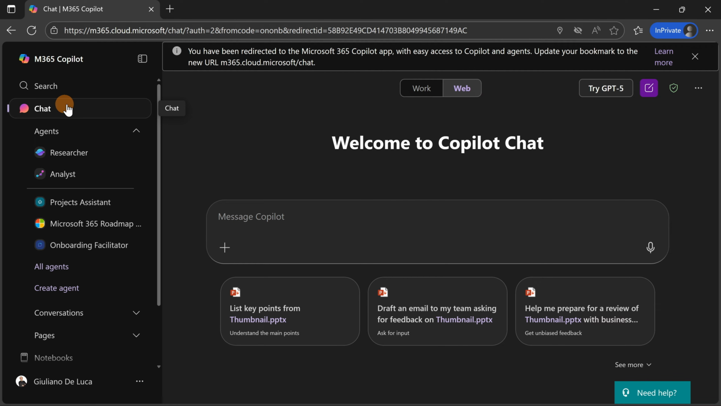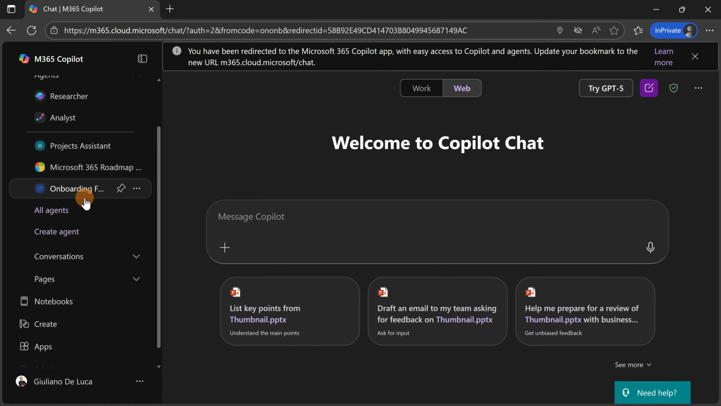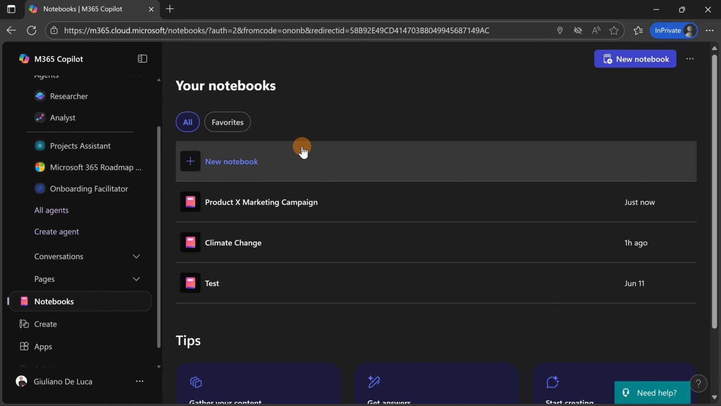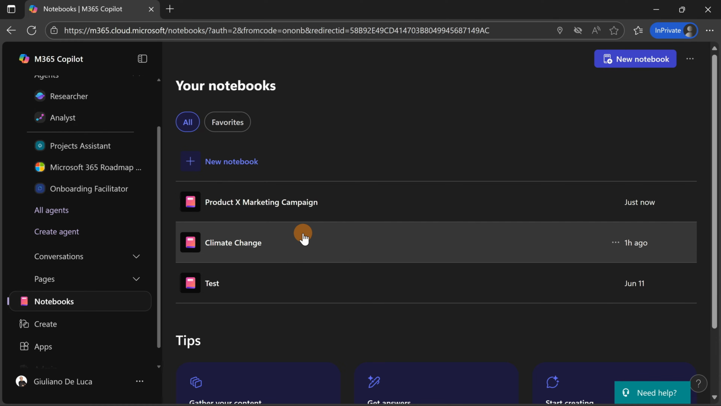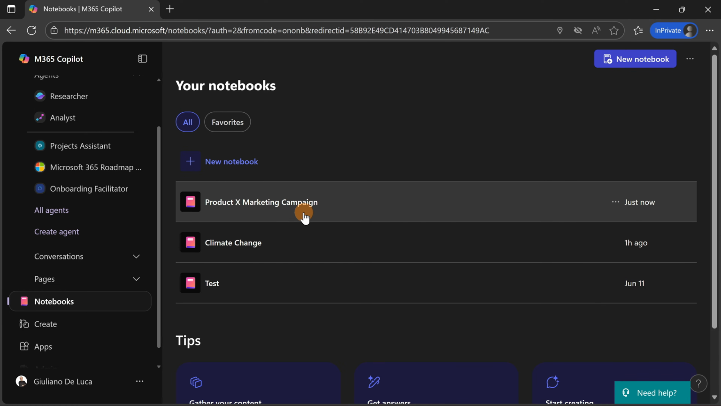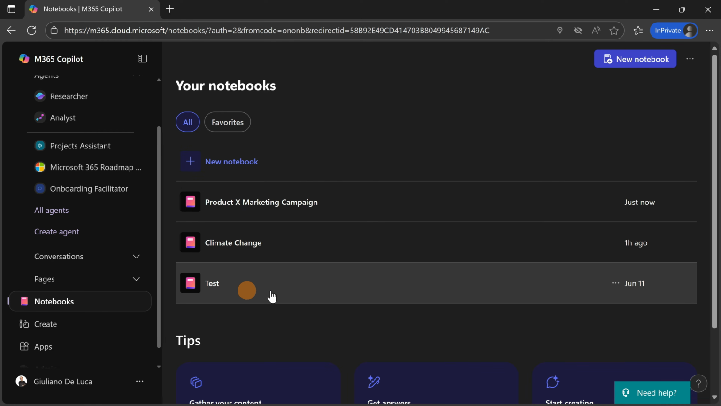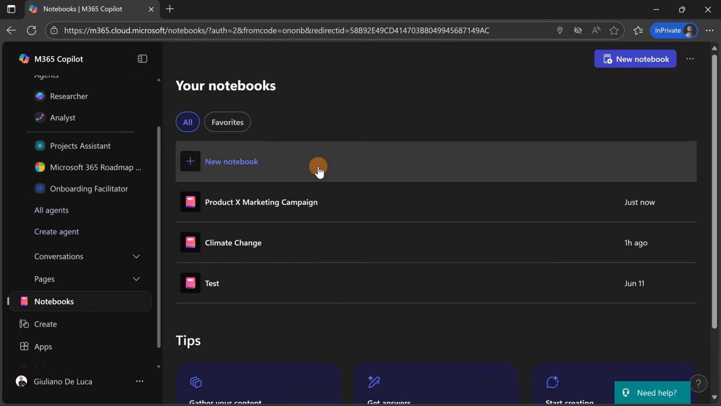Here I have the chat open with Copilot, and just down below in this panel you can find this item called Notebooks, and this is the place where you have the ability to create new notebooks and keep track of what you have done so far. So as you can see here, I created in the past 3 notebooks. I have one Product X marketing campaign, climate change, and one as a test. So here I can go forward by creating additional notebooks, but this is not the topic of this video